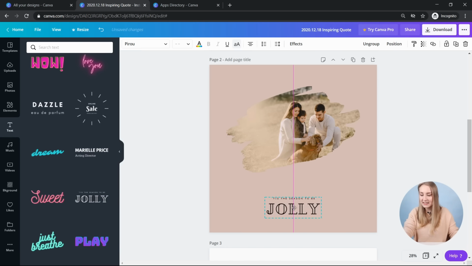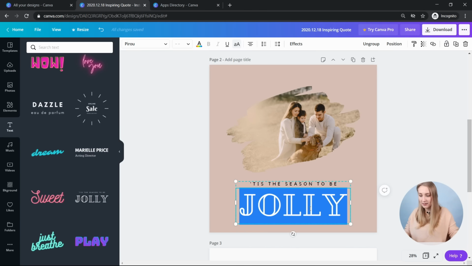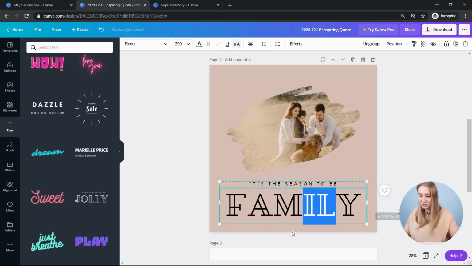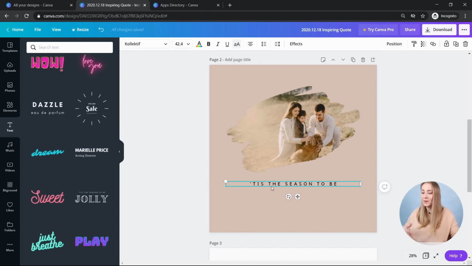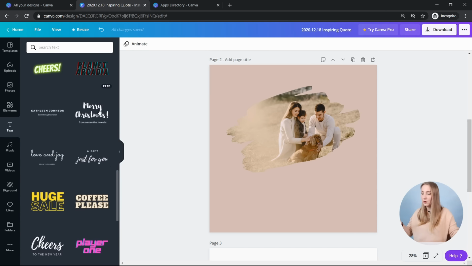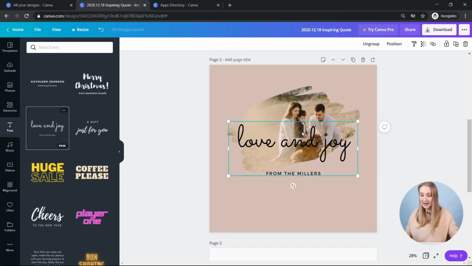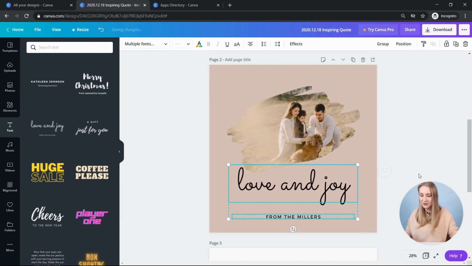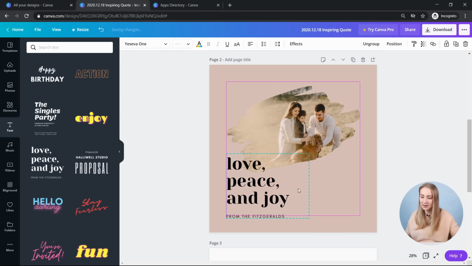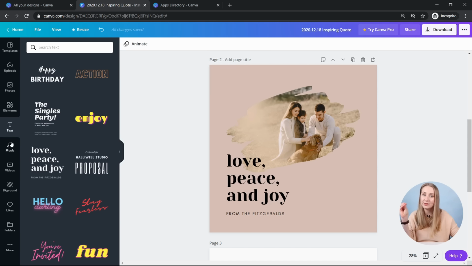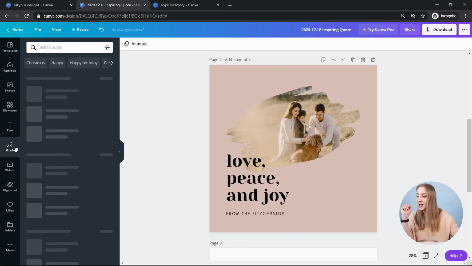You've got different inspiring ones by Canva. You can have family in here and adjust it to what you like. And these come in a group. I'll show you in a moment how these play out, but you can go through these different font pairings and just apply them to your design, which is such a neat feature. For this one, let's pick this one. I actually even like the text, so I'll just stick it in here. Let me explain the rest of it for you, and then I'll show you the different features when you're actually designing.